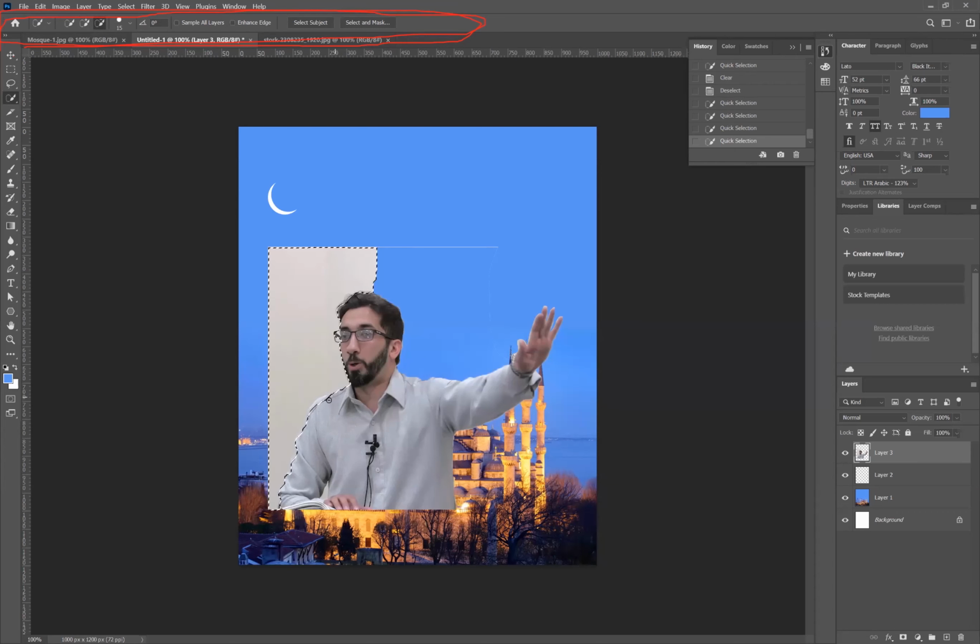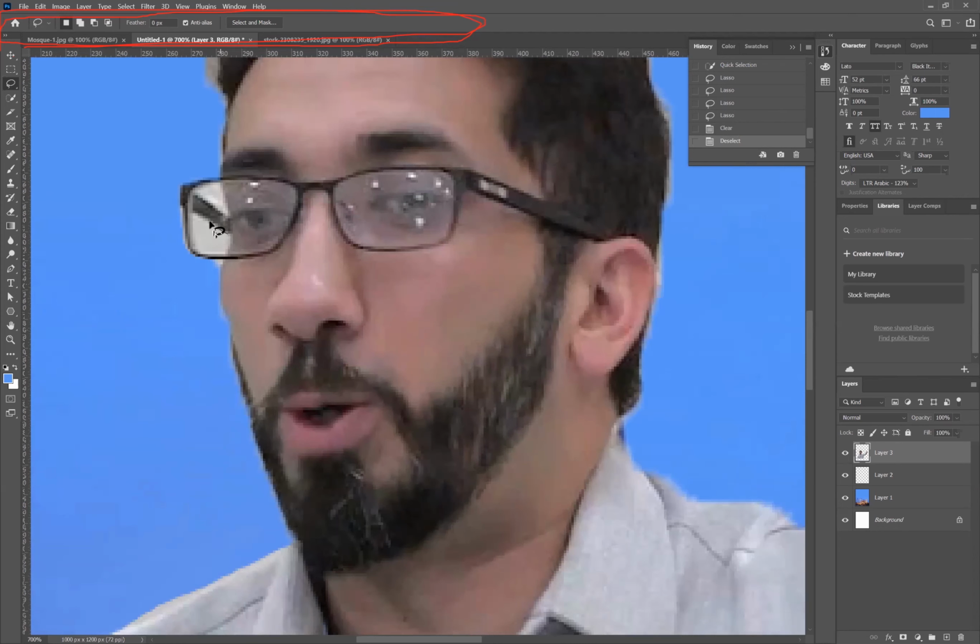Now with the help of the lasso tool again, I will bring it here, deselect, then delete. And if you want to delete this white area inside the eye, with the help of the freehand lasso tool you can do it very slowly and delete so that it looks real.